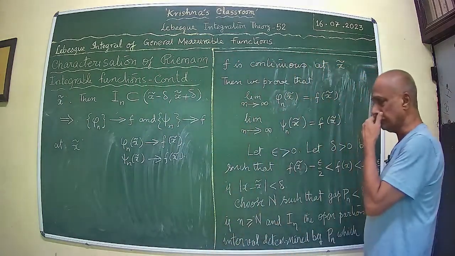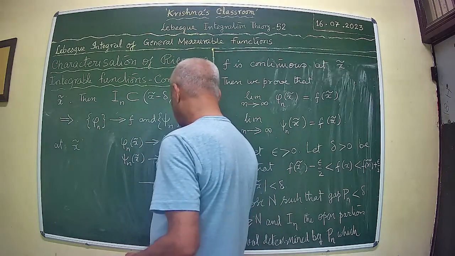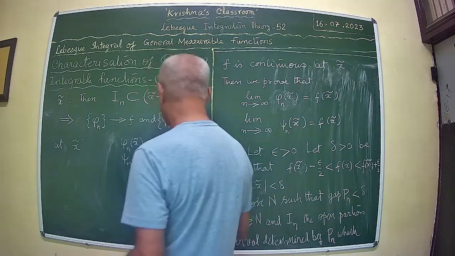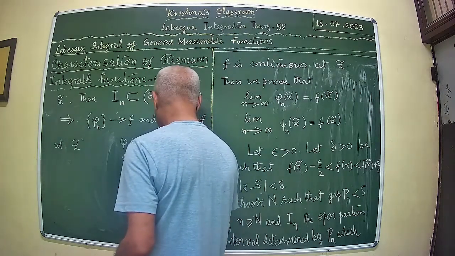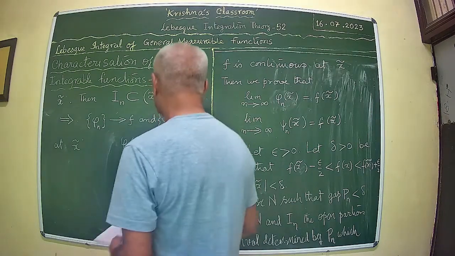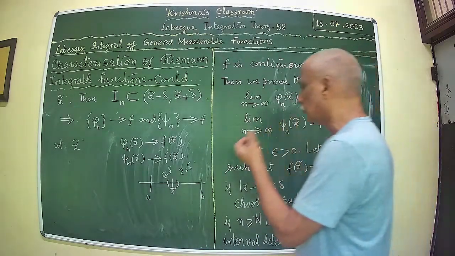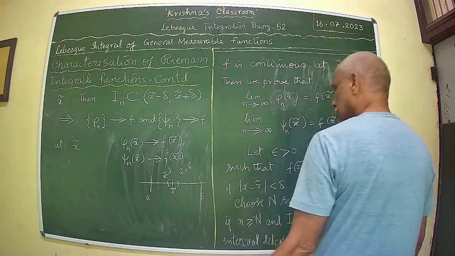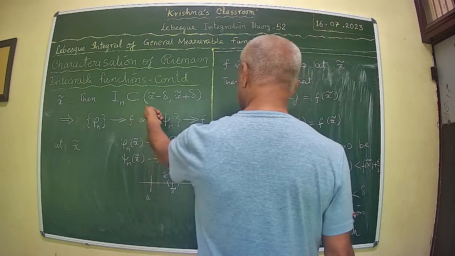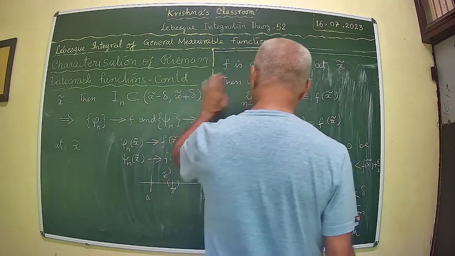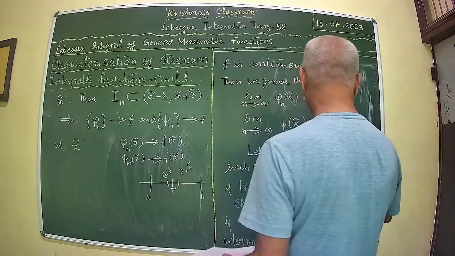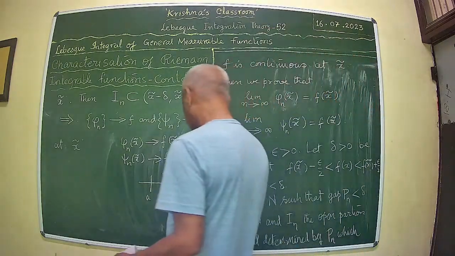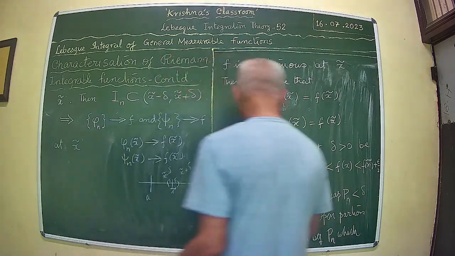So at the points of continuity, see what you have is this. This is x tilde. This is the interval AB. Now you have x tilde minus delta, and x tilde plus delta. And what we have is this, that because of this choice of capital N, such that the gap of this is less than delta, therefore you see that the interval I_n is contained in x tilde minus delta to x tilde plus delta, because it's 2 delta distance that we have in this. Okay, so this is delta. This is delta. Look at the way in which delta has been chosen. Okay,